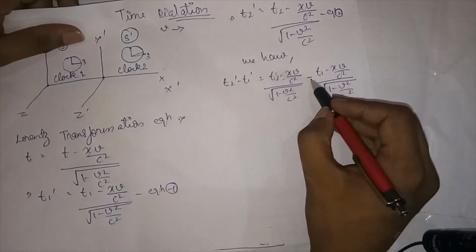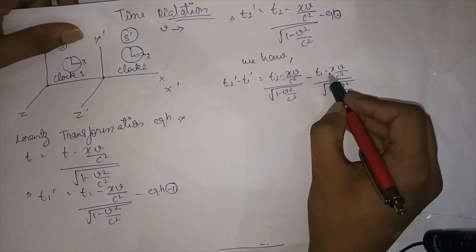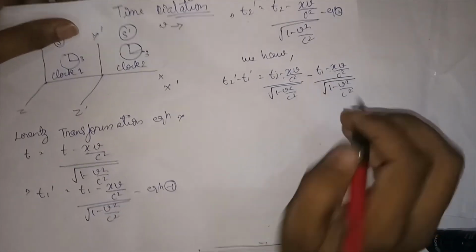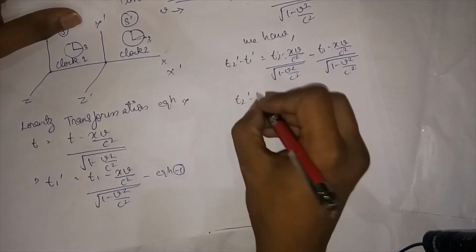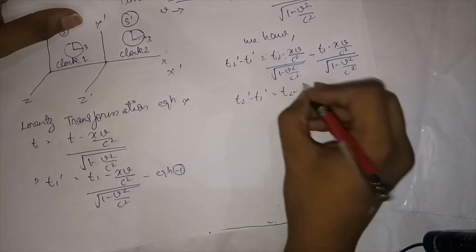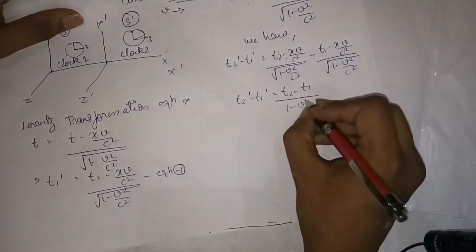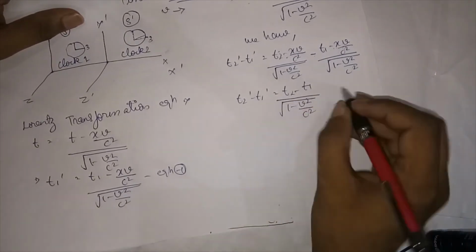So both these terms will cancel out each other. After this negative sign multiplies with this, it will become positive, and they both cancel out each other. So we will be left with t2 dash minus t1 dash equal to t2 minus t1 upon under root 1 minus v square upon c square,